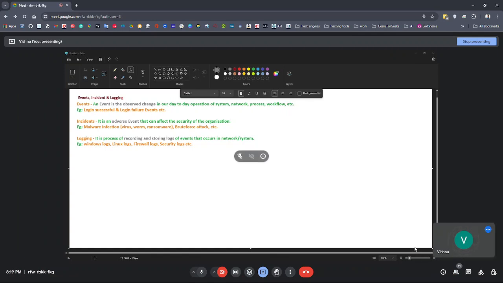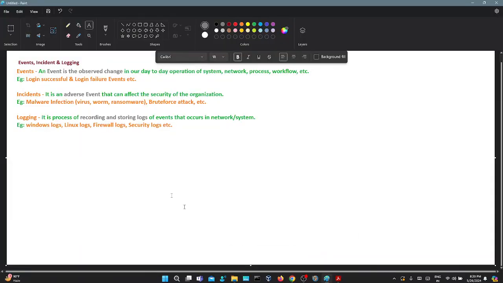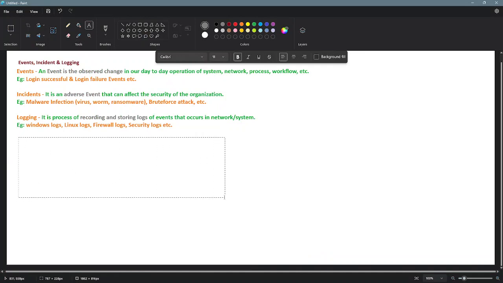So one question, Vishnu. After that there is something. If we talk about after that, we have already talked about events, incidents, logging. Now whenever there are incidents, events, logging, there are four types of alerts we will mention, and I guess you have already guessed them. Let me write them first: